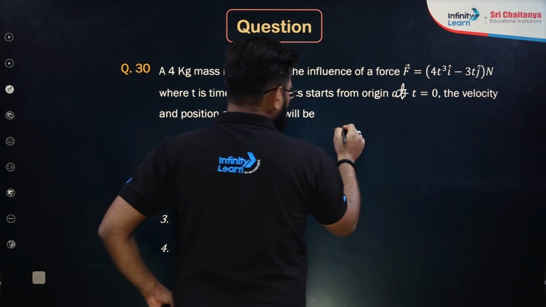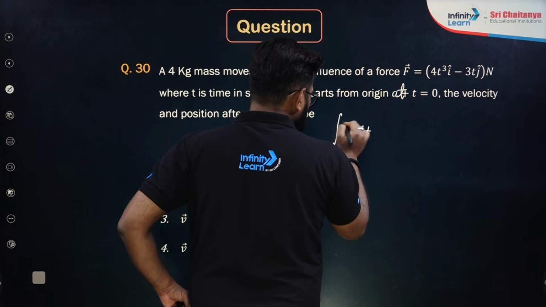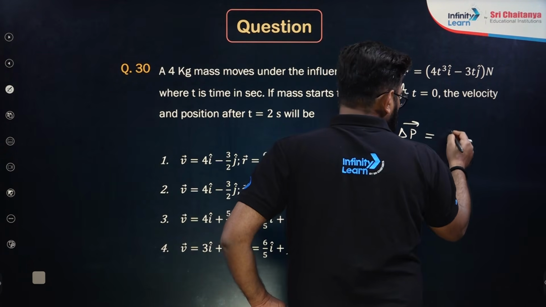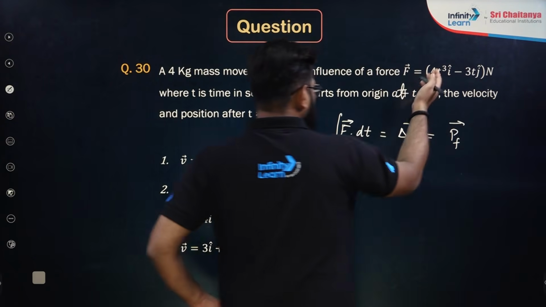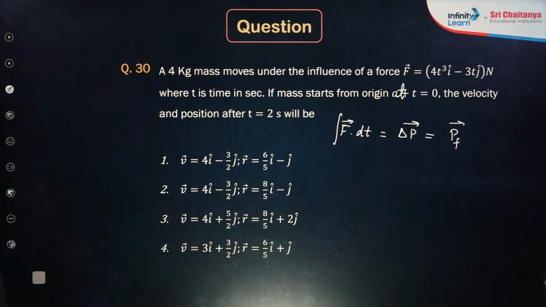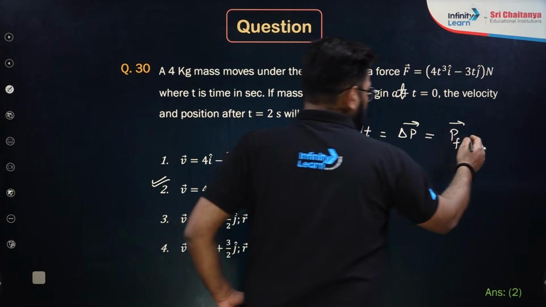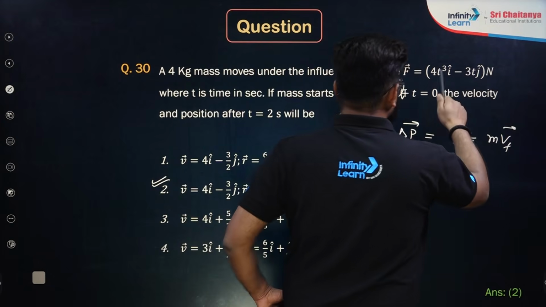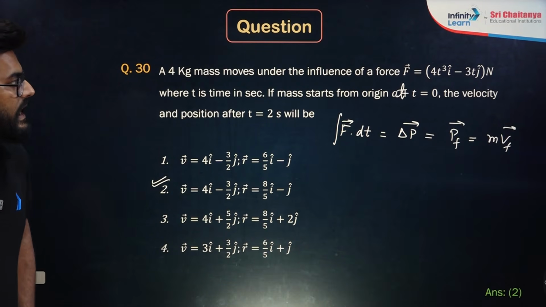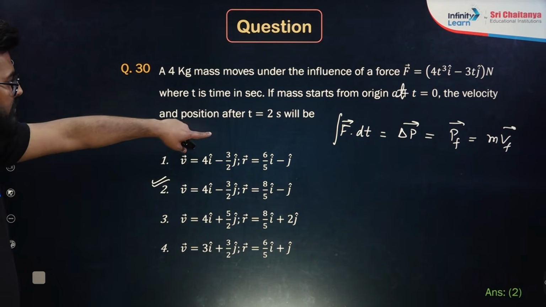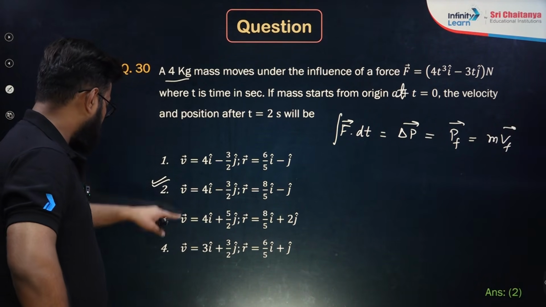So if I just do the integration of F dt, I will get the value of the linear momentum change, that is impulse, and that will be final, and the initial linear momentum is 0. So you just need to integrate from 0 to 2, you will get your answer. Okay. Now once you solve it, you will get the answer as this will be the velocity, right? So linear momentum will be mass times the final velocity. So here see 4t³ dt will be t⁴/4, correct? Now once you place 2 raised to the power 4, it will be 16. 16 divided by mass 4, so 4 i cap obviously should be the answer.